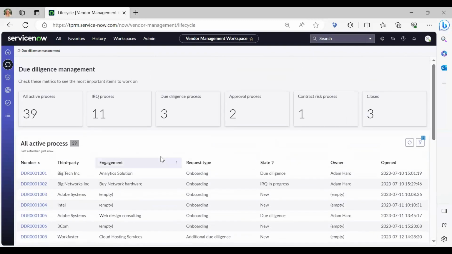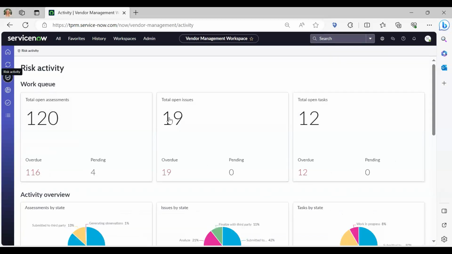So we're going to drill into a due diligence record here in a second, but just to continue walking through the workspace, you then have a dedicated home page to risk activity. So again, if I had vendor performance on that home page, it would show both risk and performance attributes being captured.